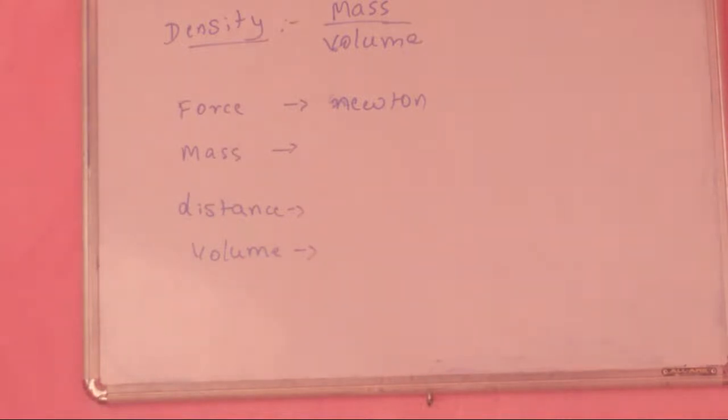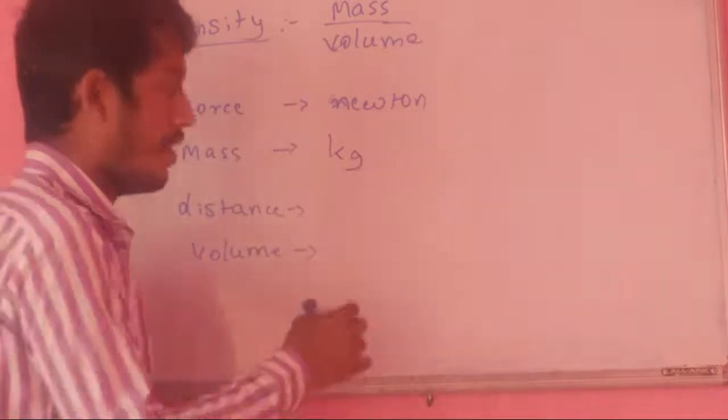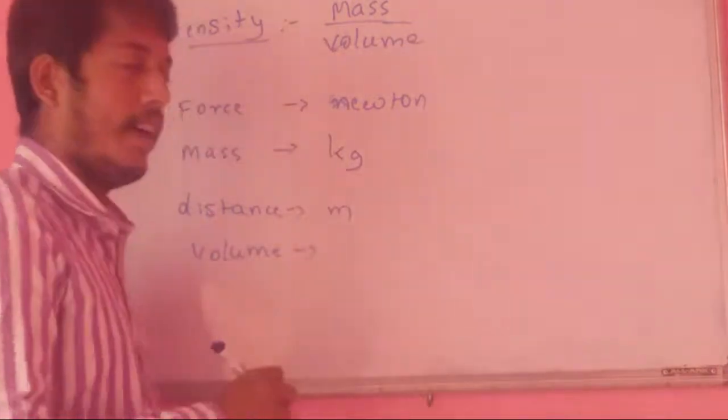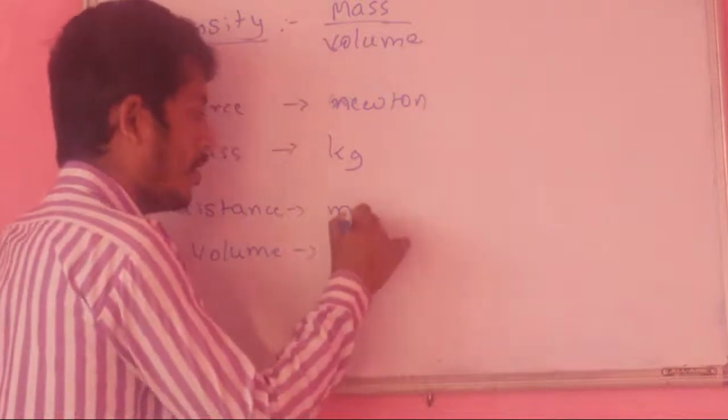What is the SI unit of volume? Volume has length, breadth and height. So the SI unit of mass is kg, the SI unit of distance is meter, and the SI unit of volume is meter cube, because